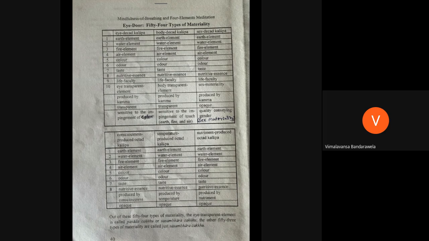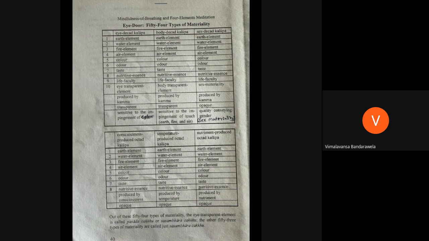We can say chittaja rupa. And then you have another rupa, what is called tejo rupa, or the temperature born materiality. That means in every rupa kalapa you have pataviapo, tejo, vayo, vanna, gandha, rasa, oja. Basically, you have these 8 materialities as a common thing. And out of these, you have tejo. Tejo has its own power to produce another generation of materiality, which I will teach you in the near future.